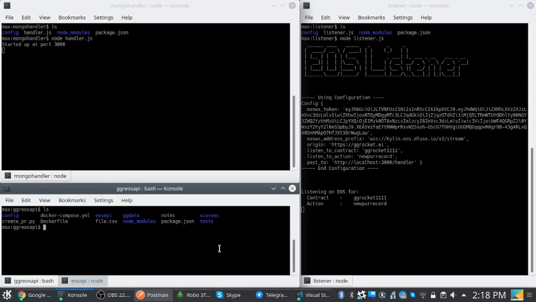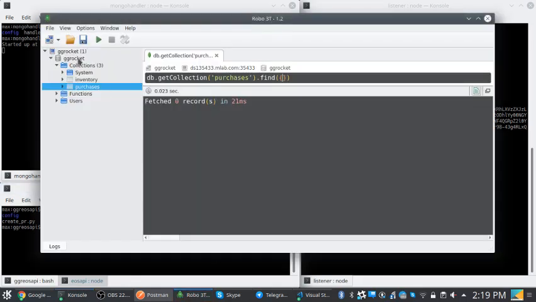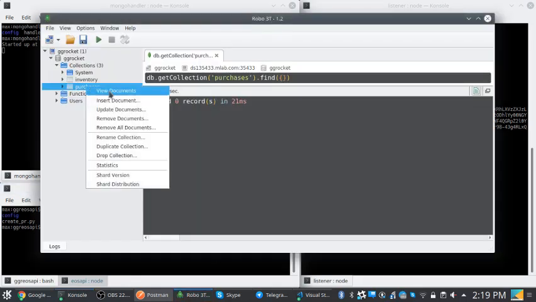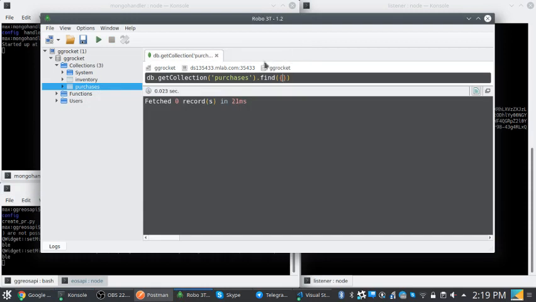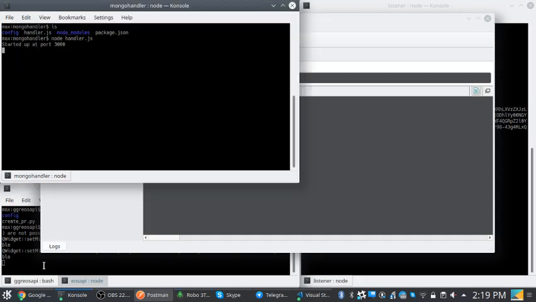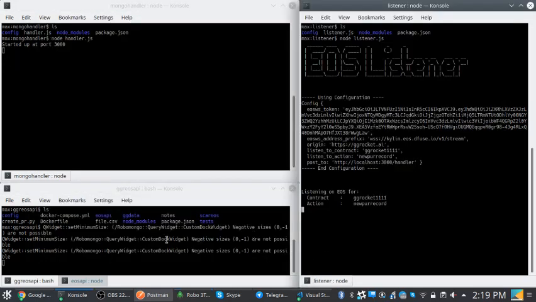And then here I have a script that essentially is just going to simulate what ggRobot's going to do by writing a bunch of transactions, in our nomenclature, scarring the blockchain with the information. So let me just check to make sure I don't have any. Okay, so I have this purchases table out in Mongo, and it's currently empty. So let's create some items and see what happens.